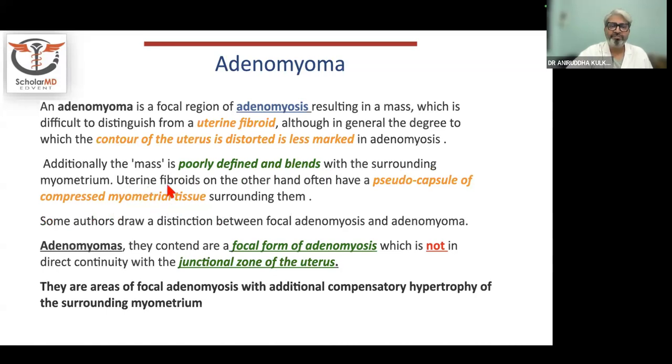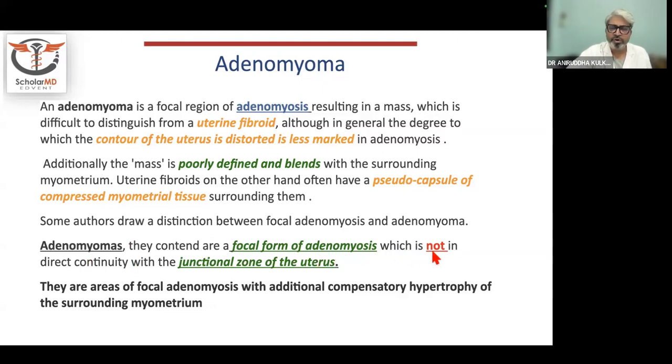a uterine fibroid. So, in case of uterine fibroids, you have a circumferential kind of vascularity, number one. That is because of the pseudocapsule created by compressed myometrial tissue. In case of adenomyoma, adenomyoma should be differentiated from focal adenomyosis. So how do you do that? So focal form of